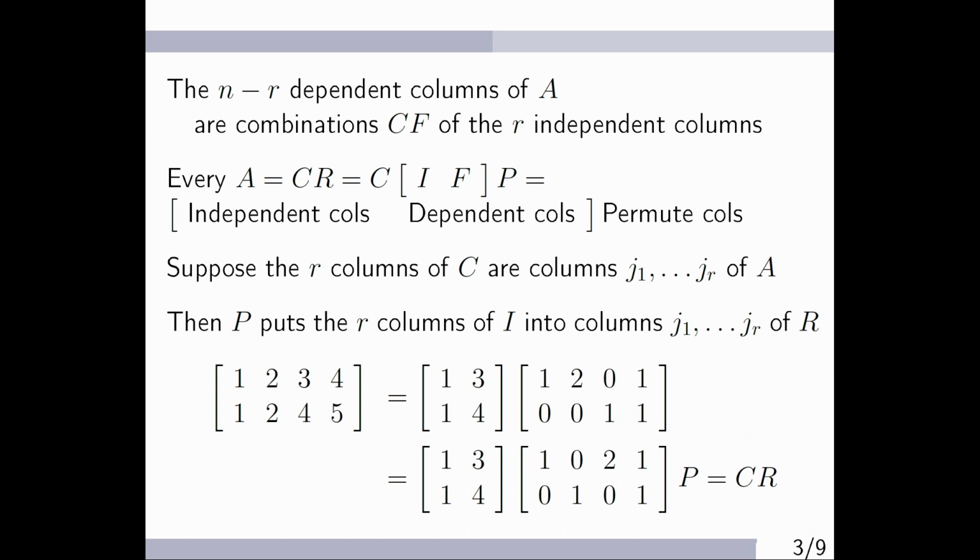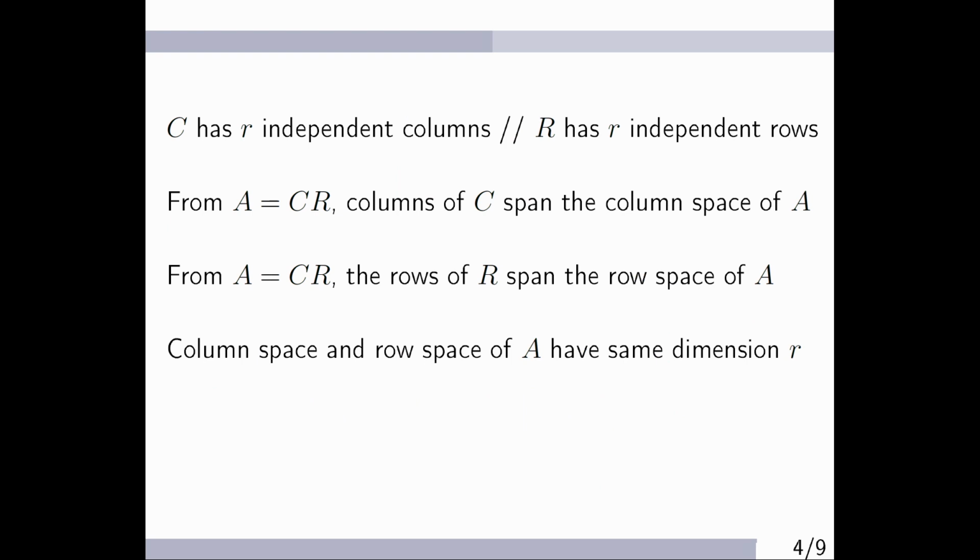Right. And let's just note that the independent columns might not all come first, so you may need a permutation matrix on the right to shift the columns around so we can think of the independent columns as coming first. So there is a factorization that uses a P, but it's clear that you need a permutation. Okay. So A is CR. Are we okay on that?